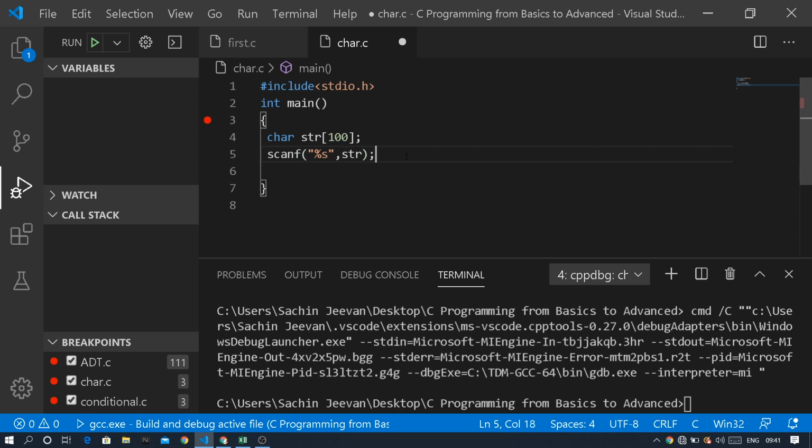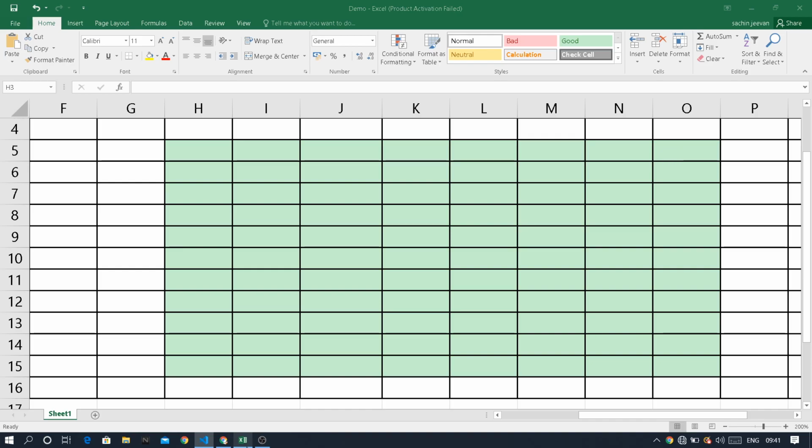So now the next thing that I have to tell you is how to find the length. We know very well that scanf, and especially percentage s, will automatically place a null character at the end of a string. Am I right or wrong? Percentage s will automatically place a null character at the end of the string, and the null character will determine the end. Okay, so what we can do is, I can show you here. For example, we will consider that 5 blocks are allocated for a string character array, and we are storing values like